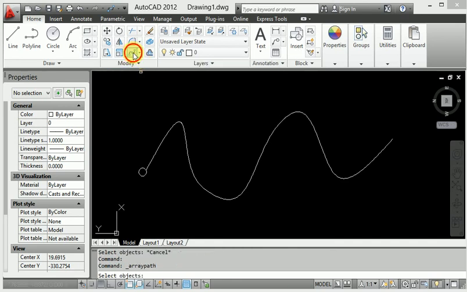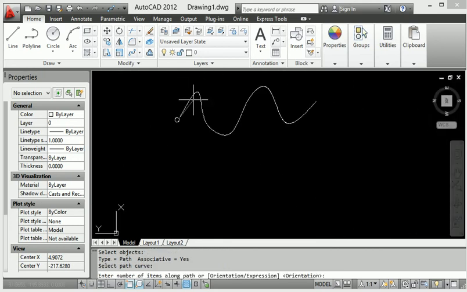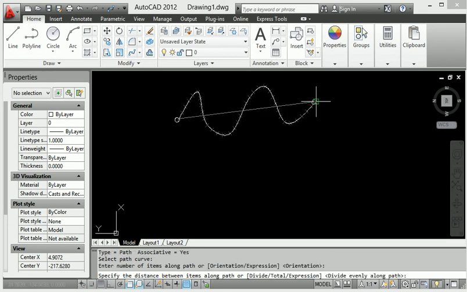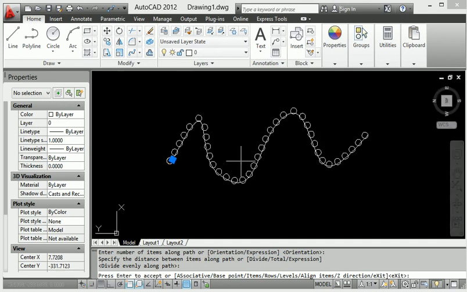Go to path pattern, click the path pattern and select this component, and then after that enter, then click the corner here and continue. Go according to the path, select how much quantity you want here, then click enter, and it makes the path pattern.